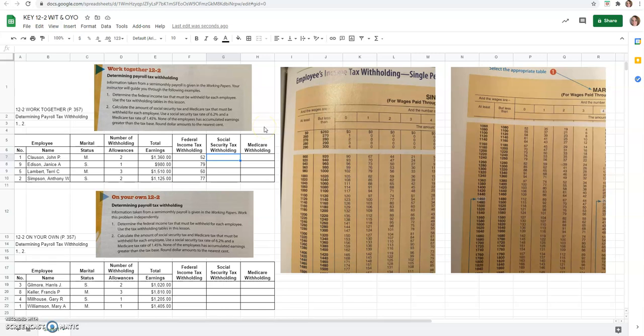And now we'll go ahead and calculate the amount of Social Security tax and Medicare tax that must be withheld for each employee. So the Social Security tax rate is 6.2% and the Medicare tax rate is 1.45%. And notice our textbook says none of the employees has accumulated earnings greater than the tax base. It's reminding us that there is a maximum amount after you have been taxed on